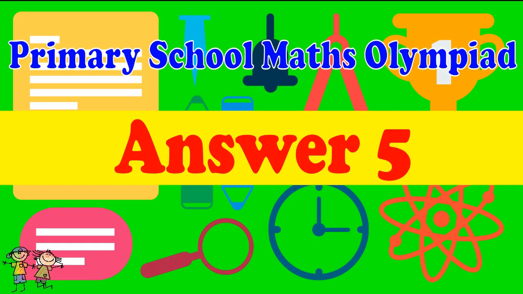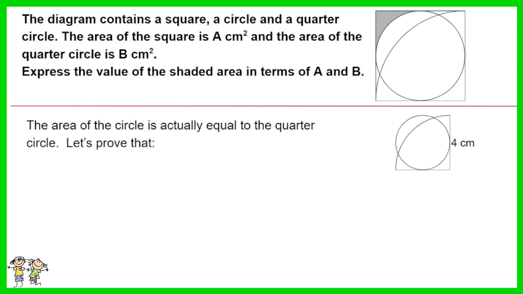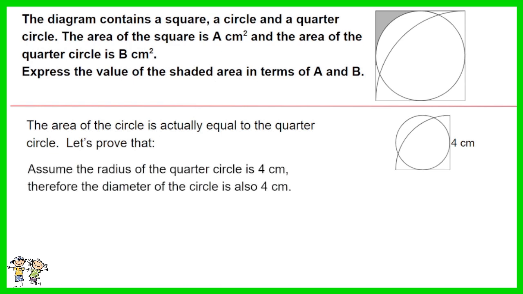Answer for question 5. The area of the circle is actually equal to the quarter circle. Let's prove that. Assume the radius of the quarter circle is 4 centimeters, therefore the diameter of the circle is